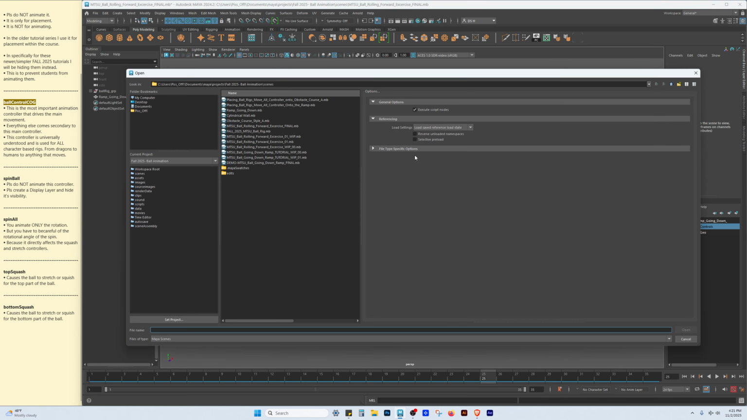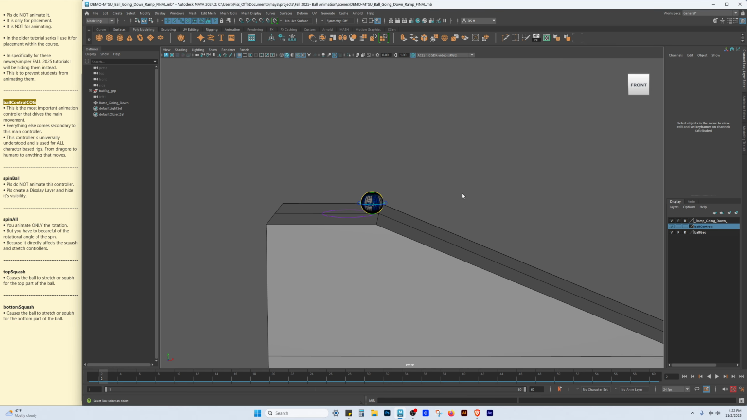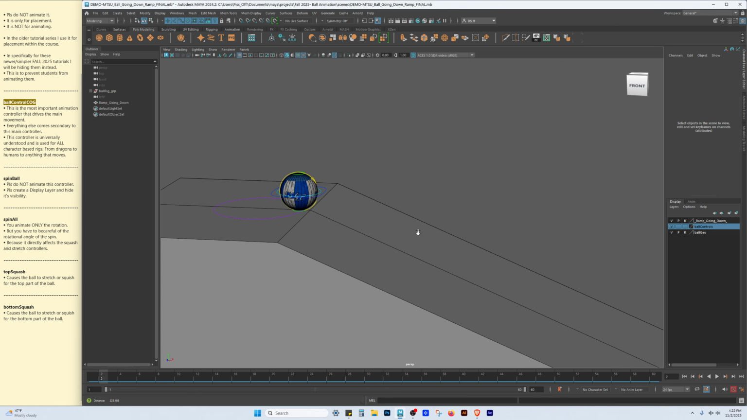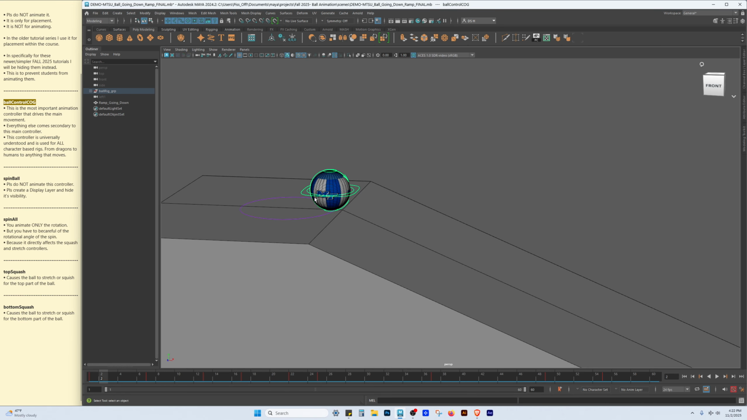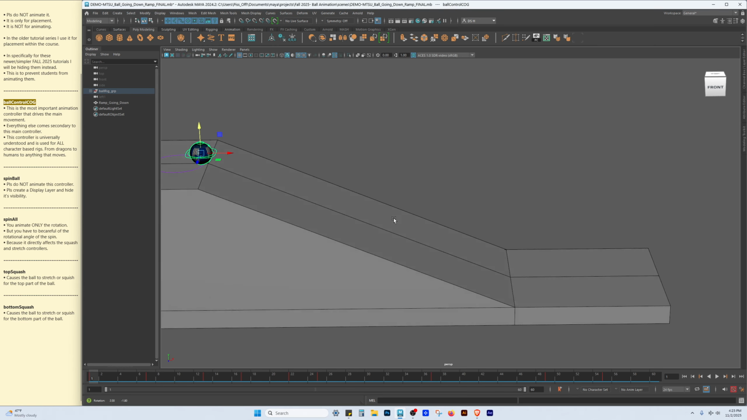File, open. Let's say another one I'll show is going down the ramp. I think this one. Alright, so here is this demo file. Here's the ball rig. I have here the move all, as you can see. It's just for placement. But you see these little red lines, these little tick marks, is where I place the movements. And when I play it,